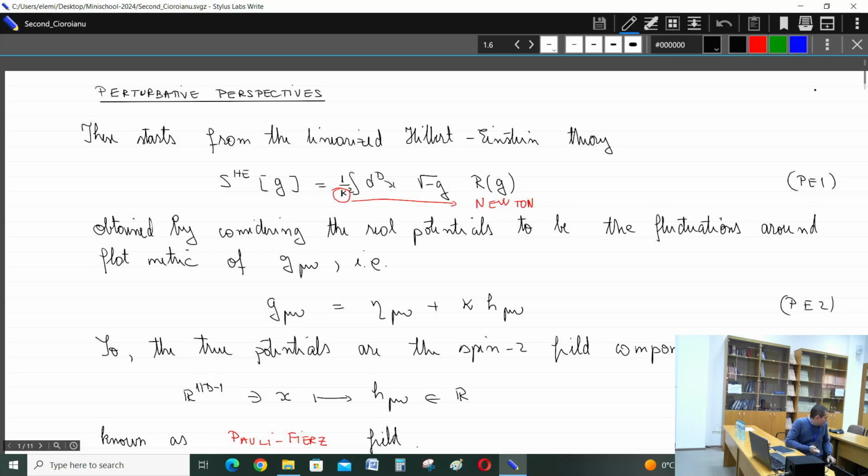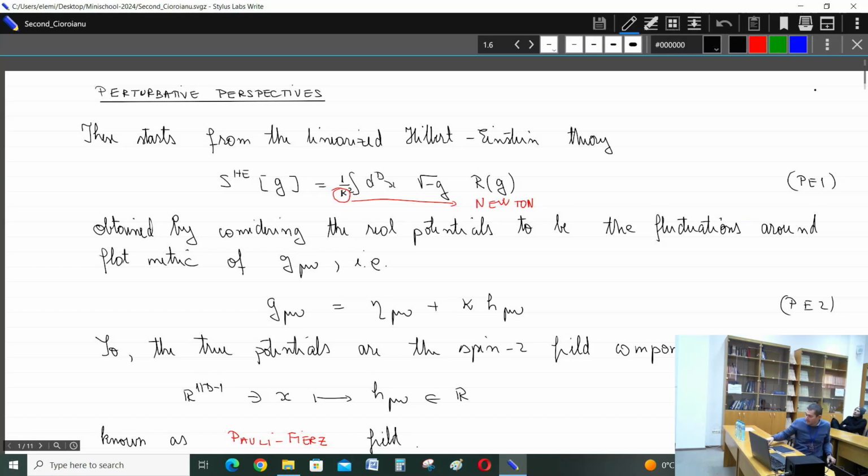As you know, Hilbert-Einstein gravity is not a renormalizable field theory. This is due to the fact that there are too many, an infinite number of diagrams that should be renormalized. So some people think of gravity as being an effective field theory, a classical field theory, with a metric, in fact,